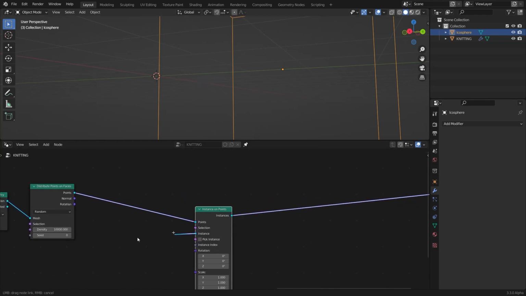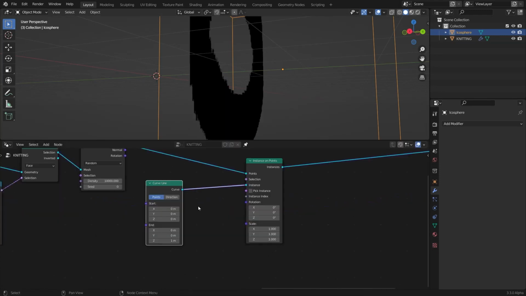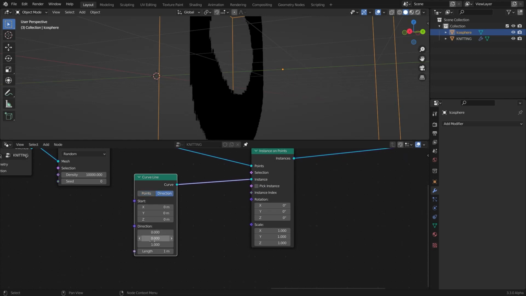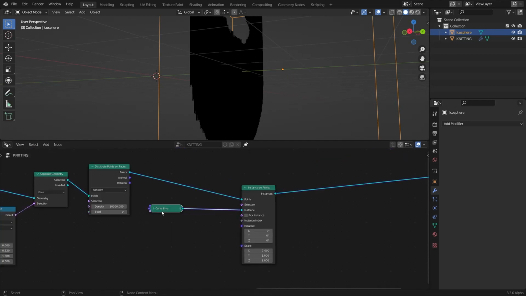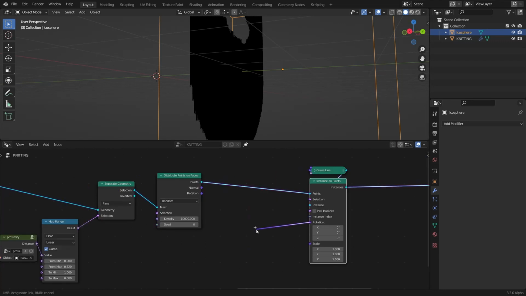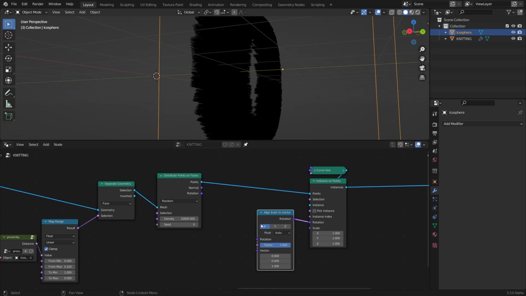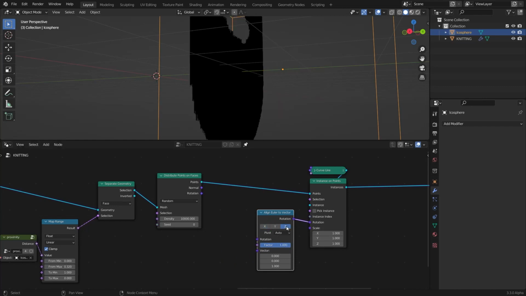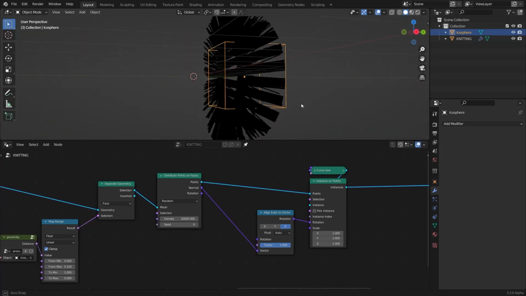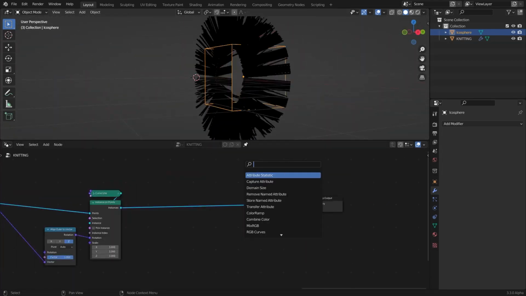In the instance, I'm gonna add, I think, a curve line. Make this from points to direction and 2 meters. Hide the mesh line and bring it up just like that. Then in the rotation, I'm gonna add an align Euler to vector node. Make it from X to Z and connect the normal to the vector, and your scene should start looking like that. And add a join geometry node